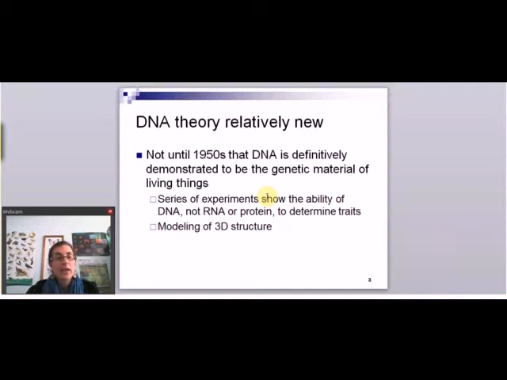So again, it's a relatively new theory, but it's very, very well established now. And in fact, it's very widely accepted. And if you think about all this crime scene evidence and all this stuff, that all hinges on the DNA theory. So just a reminder from chapter 1 that when we use the word theory in science, we're actually saying this is something that we feel very strongly about and we believe to be true to all of our knowledge today.